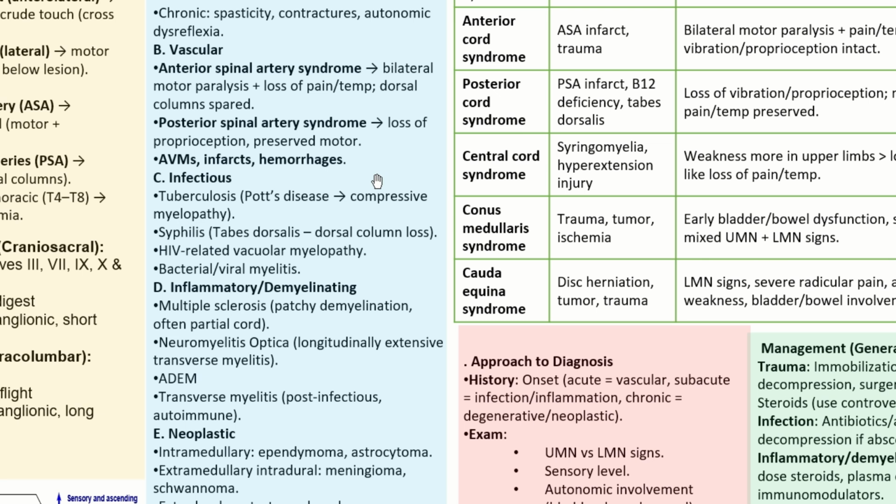Transverse myelitis is inflammation of the cord, and if it is transverse myelitis, it's going to be total inflammation of the whole cord. So we have all the tracts being disrupted, the motor, the dorsal column, the spinothalamic, and everything is going to be disrupted. Then we have ADEM, which is acute disseminated